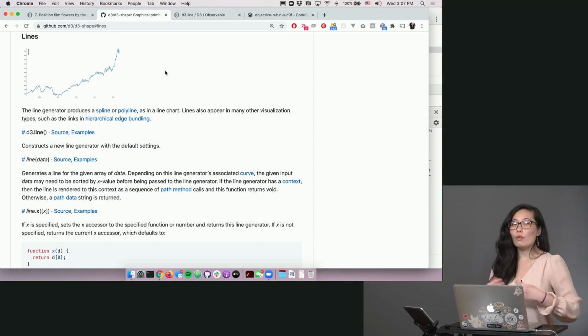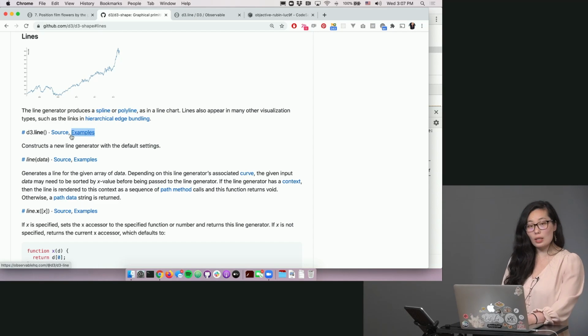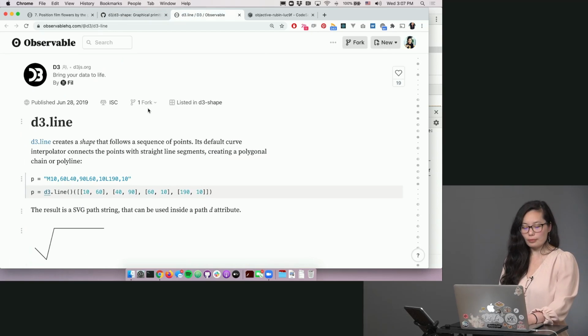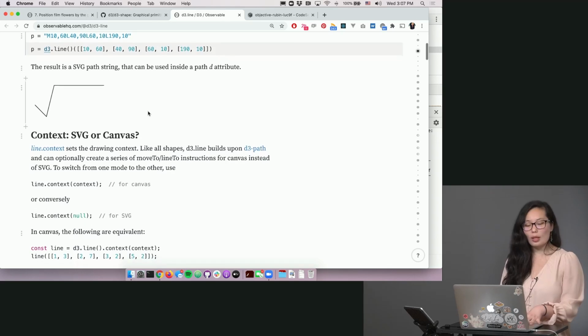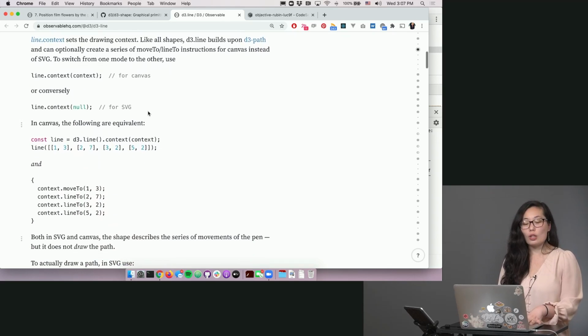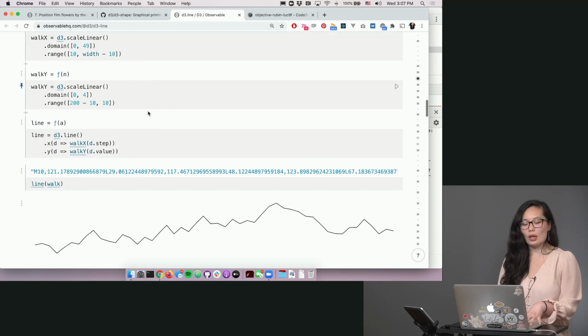And so if you're confused as to how to use that module, watch out for this in the reference. And then it will explain in this observable notebook how to use D3 line, all of the different,